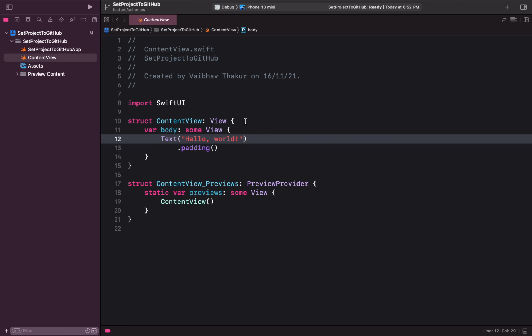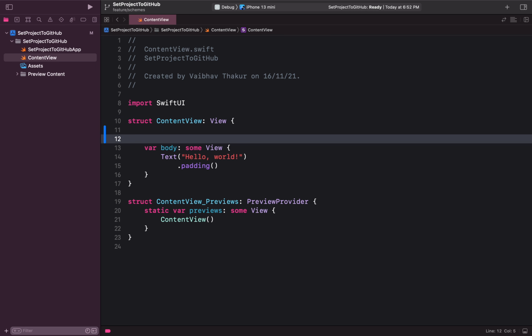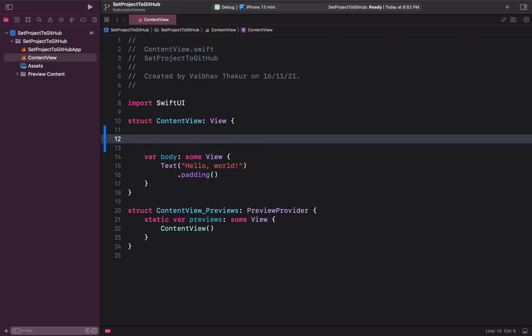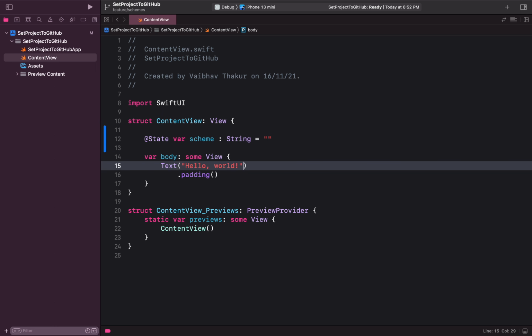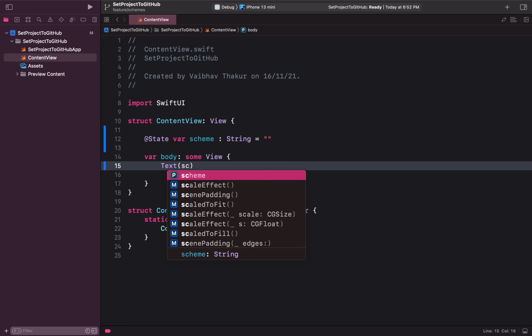So for that, I need a variable. I'll declare a State property wrapper, and I need a variable called var scheme. The type will be String, default content will be nil, and here inside this Text will change to scheme.